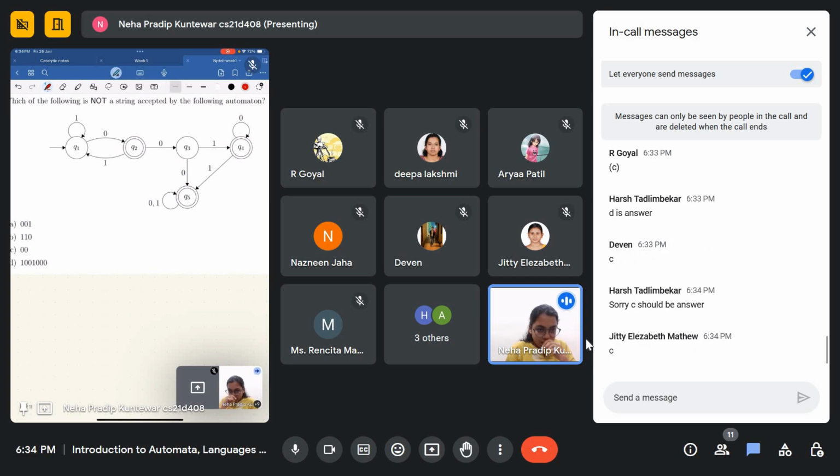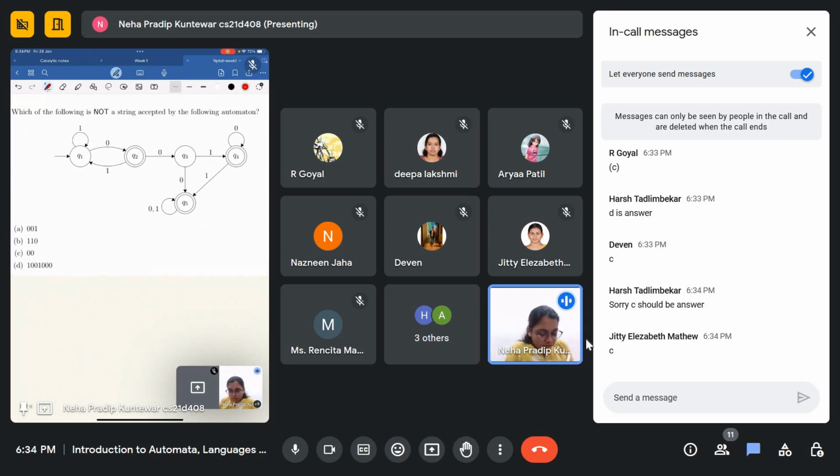Right. So think. Some of you are answering, so I'll wait for a few more minutes. Okay, I think all of you have got this right. So the correct answer is C, 00. One way to see that would be that you run each of the strings over the automaton,